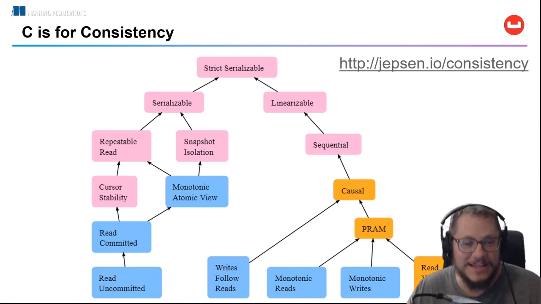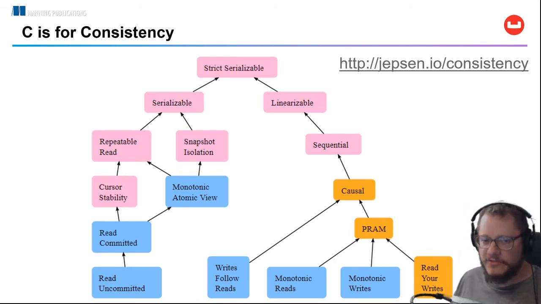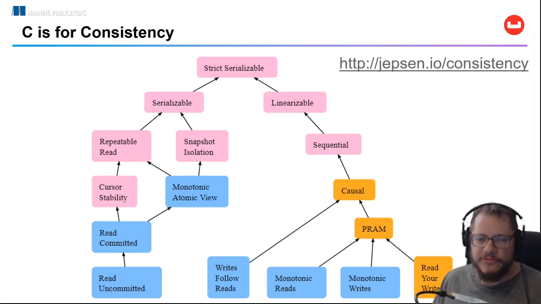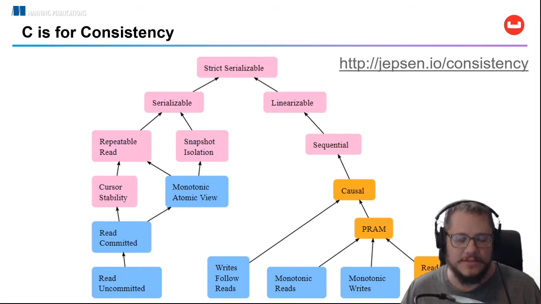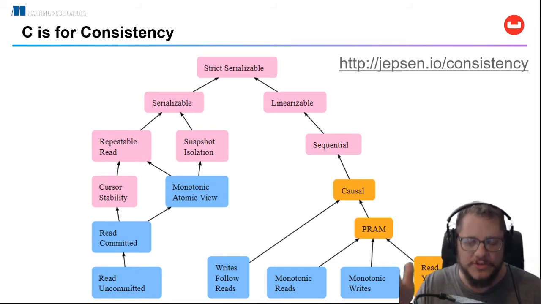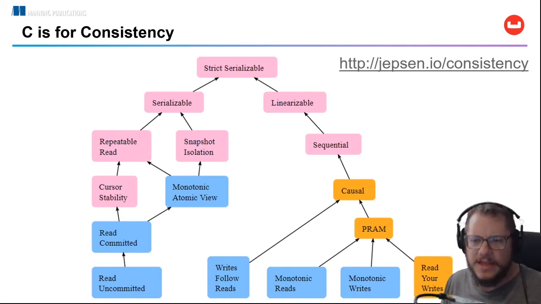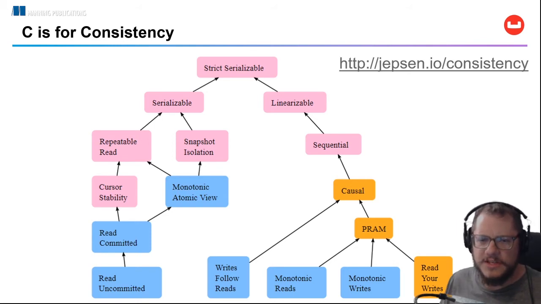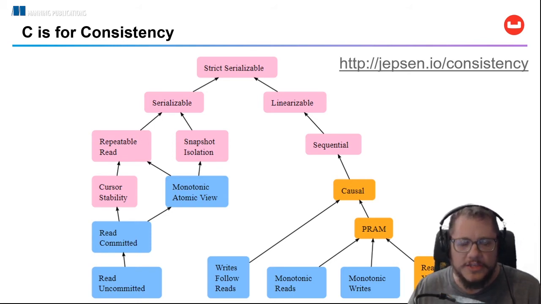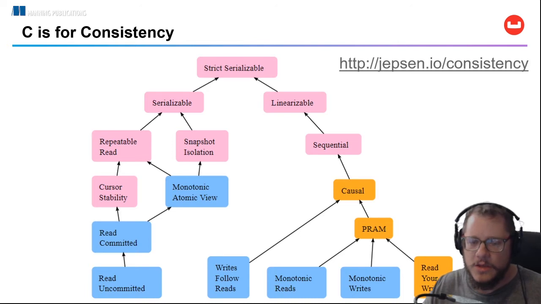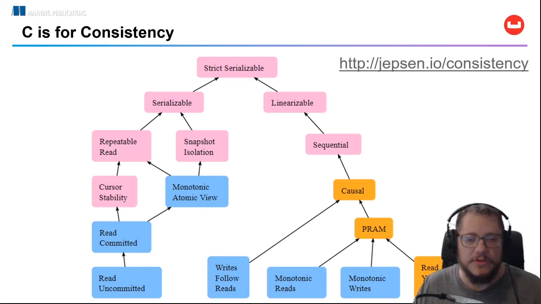And that's just not acceptable for many systems. Orange is what's called sticky available. So that works if a client is stuck with a specific server. So you have multiple servers, but each client gets stuck to one individual server. And the use cases for that are pretty slim, so you don't see a lot of that. And blue is what's called total availability, which means even if the network goes down, you can still achieve these